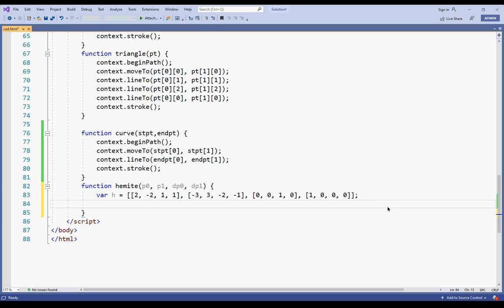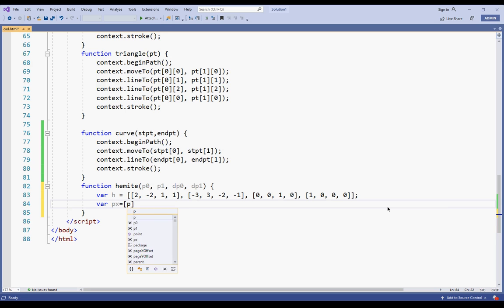Now let's create a matrix Px, that is for the x coordinate. var Px equal to, it is a one-dimensional array.